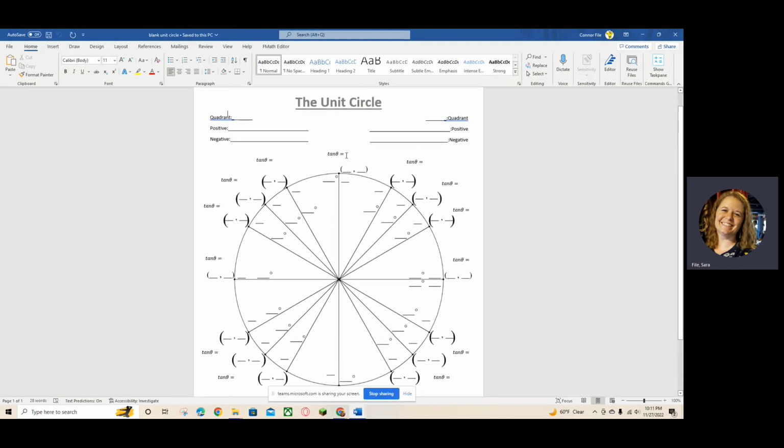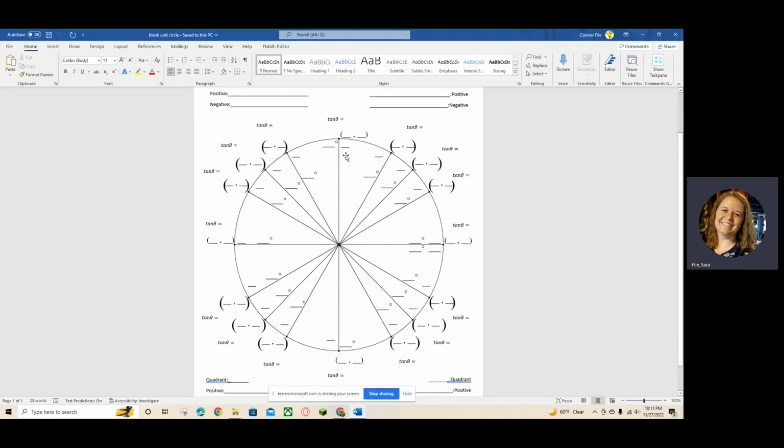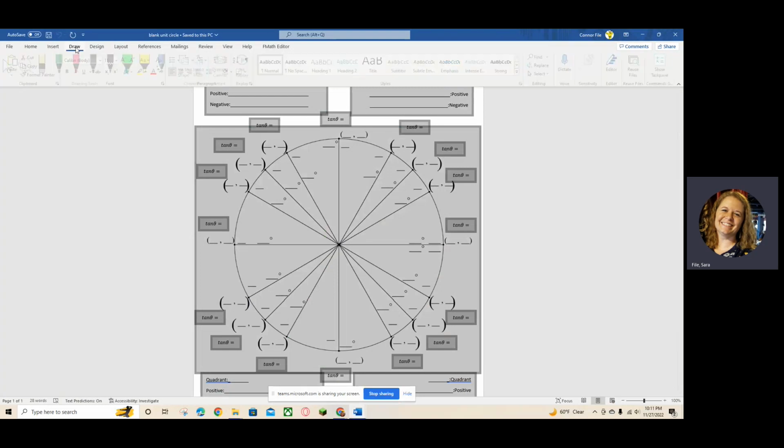There are a lot of blanks on this blank unit circle. You're not going to fill all these in today. Just leave it blank unless I write in it and tell you to do the same. Okay, so we're going to start